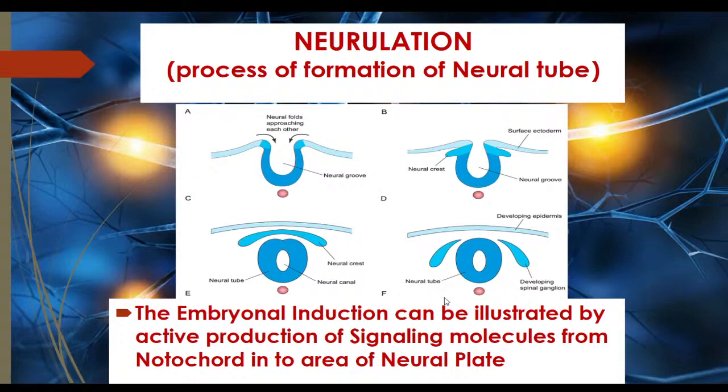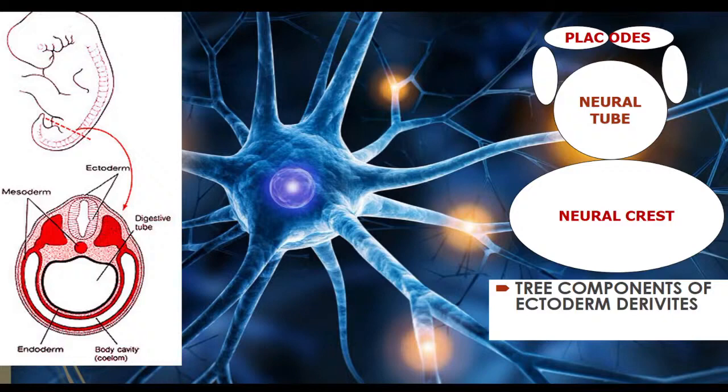Look at this slide again, and remember, first of all, that neurulation is the process of formation of the neural tube, which is stimulated by signaling molecules from the notochord, and the result is activation and continuation of the process of formation of the neural tube. Next moment, these are derivatives of